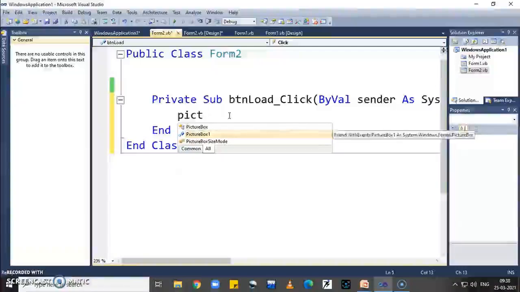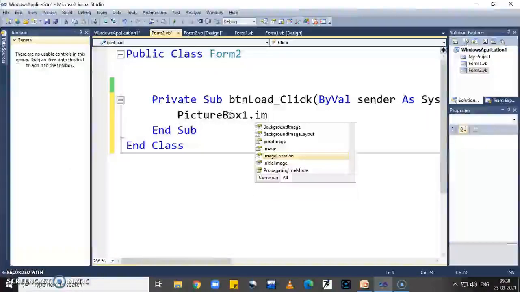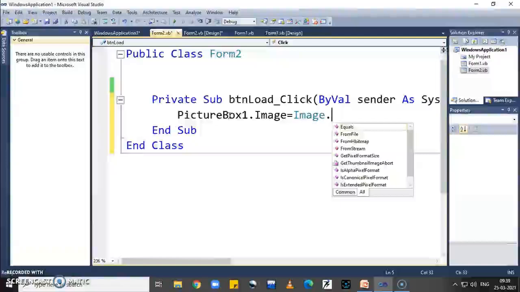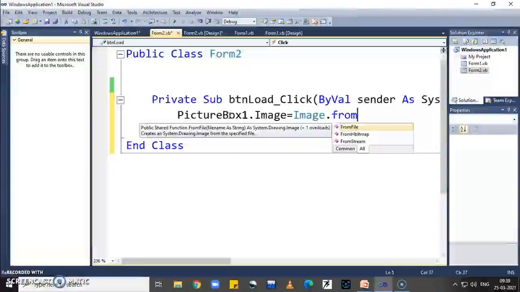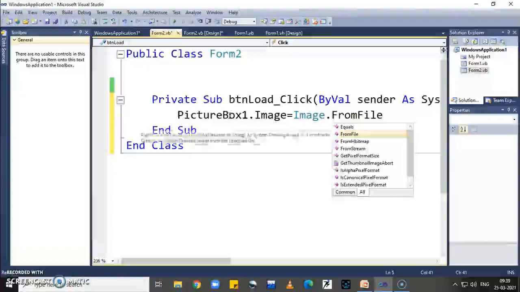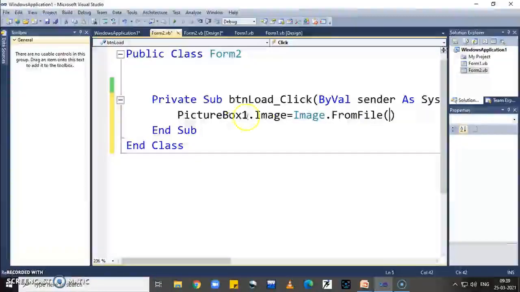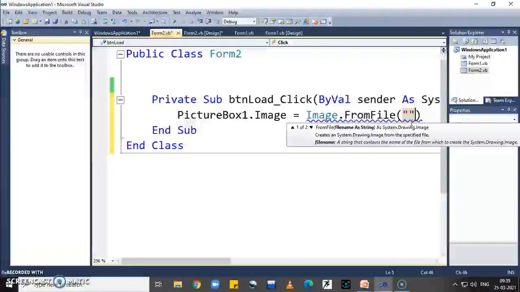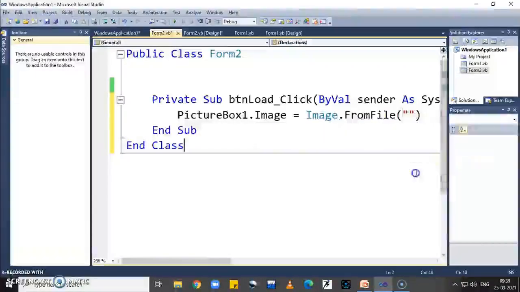My control name is picturebox1 dot property is image equal to Image, which is a class, dot FromFile, which is a method. This is used to display an image at runtime. So this statement sets the image in the picture box control, and this image is taken from the path which is written between the brackets. Now suppose I display the picture from the F drive.